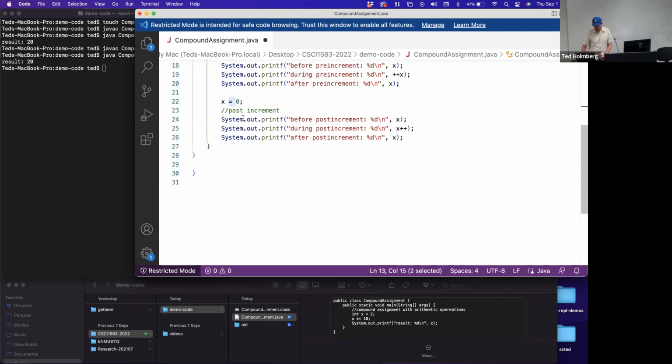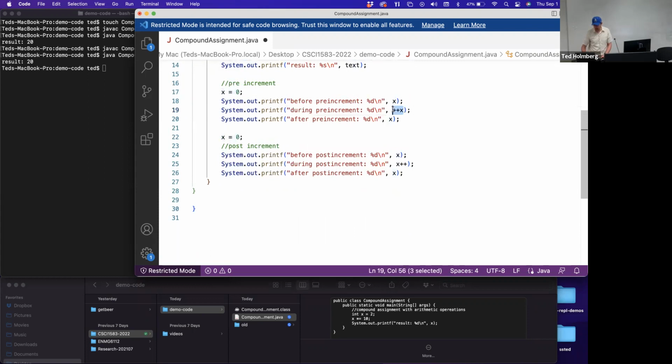Well, if we do x, and then either x plus plus or plus plus x, that's the same as saying increment whatever the current value of x is up by 1. And if we do minus minus, it's going to take whatever the current value of x is and decrease it by 1. The reason we have special symbols for this particular compound assignment is that it's such a common operation,